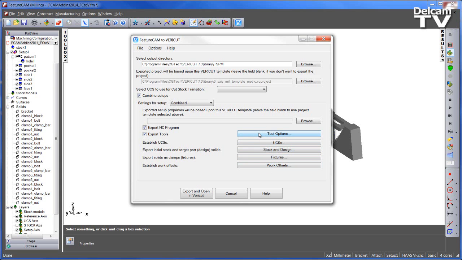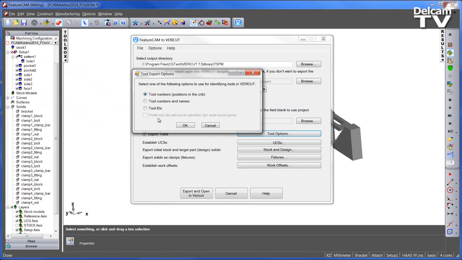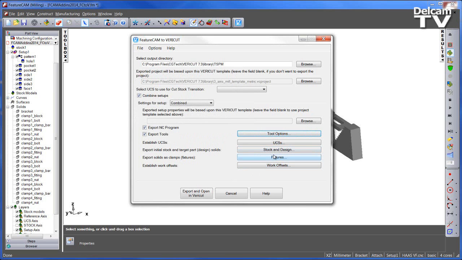So the first thing I'm going to do is come to my tools options. Here we can clearly see we have 3 settings for the tool. Now it's recommended that you select the method that's used within your post file. So if your post file organizes and names your tools via tool numbers, then you should use that method. If it does it by tool IDs, then you should use tool IDs. So I'm going to accept my tool numbers, so the positions in the crib,